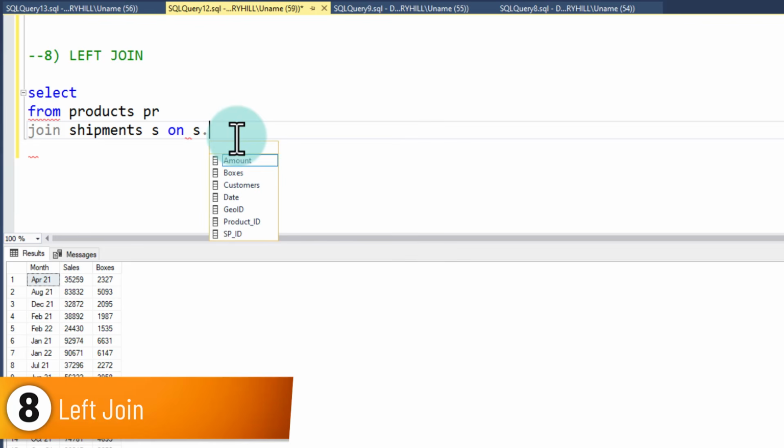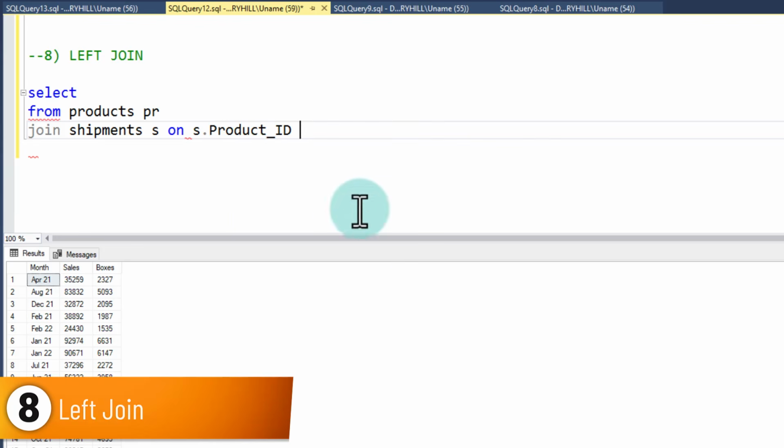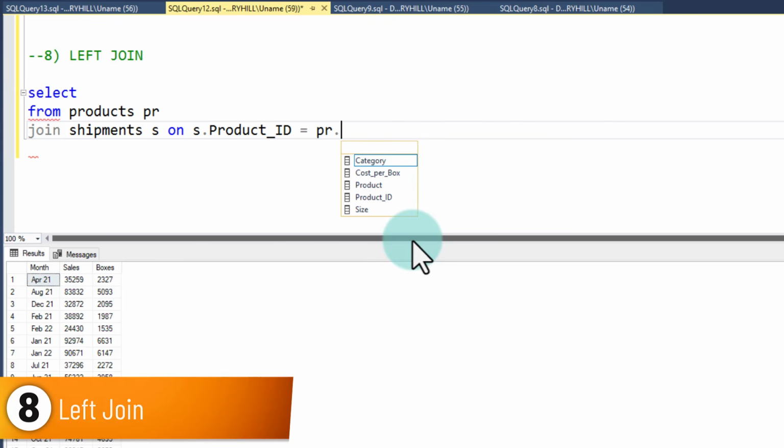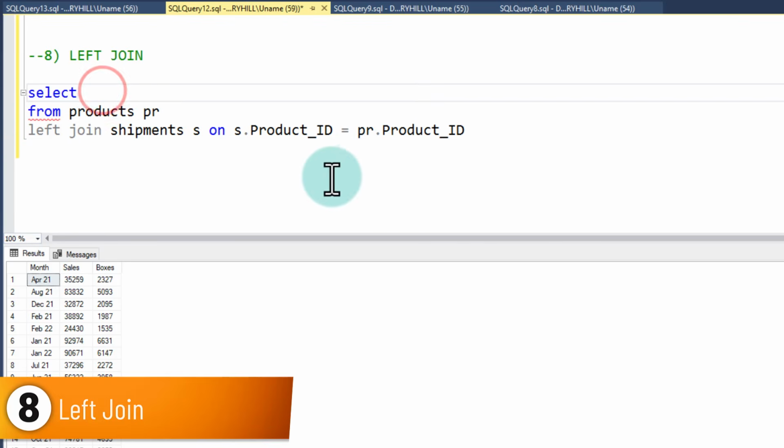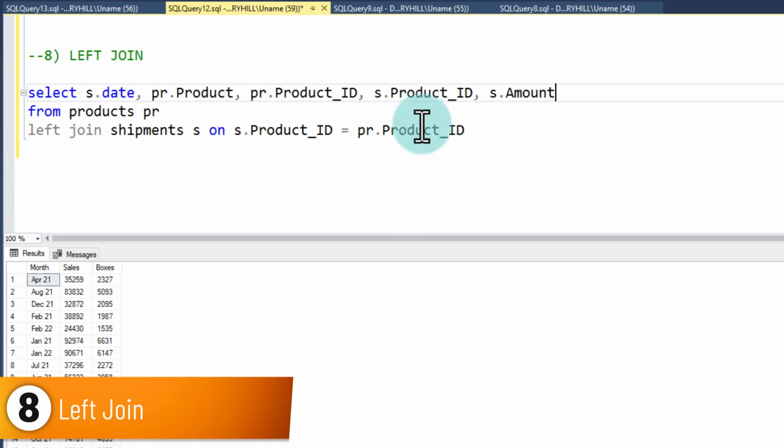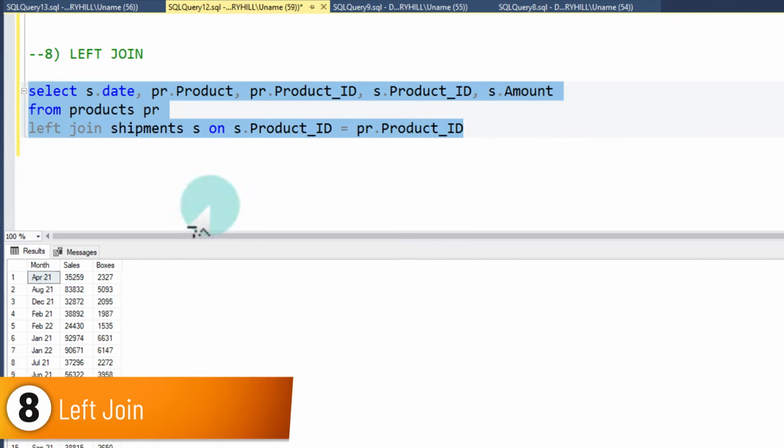So S dot product ID is equal to PR dot product ID. So rather than saying join, I'm going to say left join. And then we'll come back here. We are going to say S dot date, PR dot product, PR dot product ID, S dot product ID. And let's just put S dot amount as well. And let's just run this and we'll get